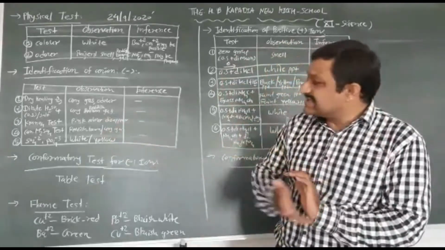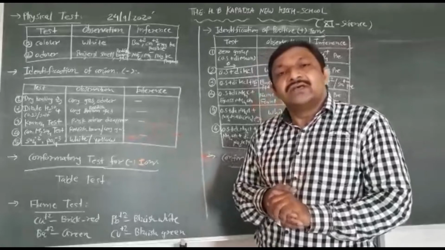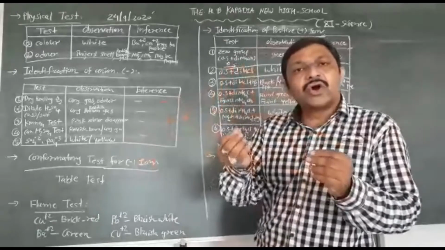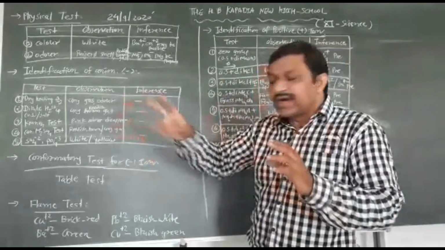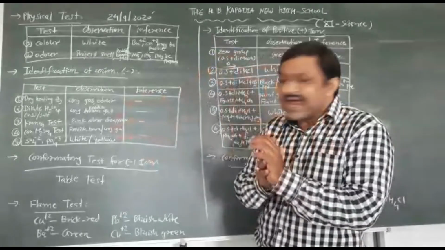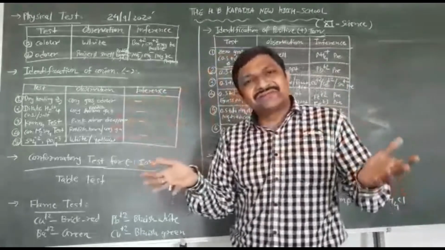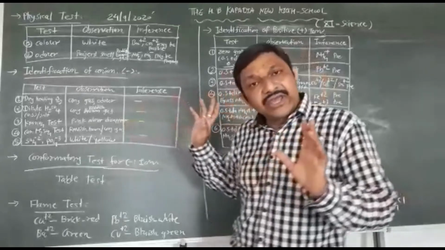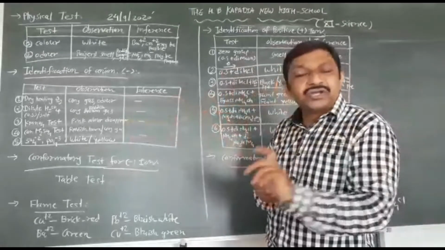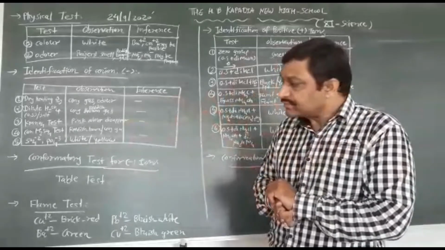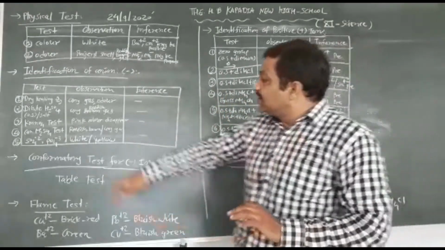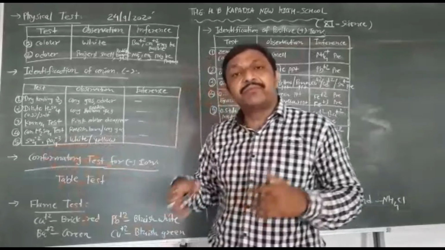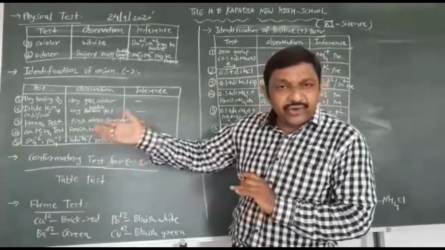Clear? Now the next step is the concentrated sulfuric acid test. You have to take a new test tube, and take your unknown salt or solution, plus concentrated sulfuric acid, and observe what happens. Is any gas or any odor there? You have to observe in the concentrated sulfuric acid test. And finally, you have to perform the SO4 2- sulfate test or the PO4 3- phosphate test. You have to perform the test.